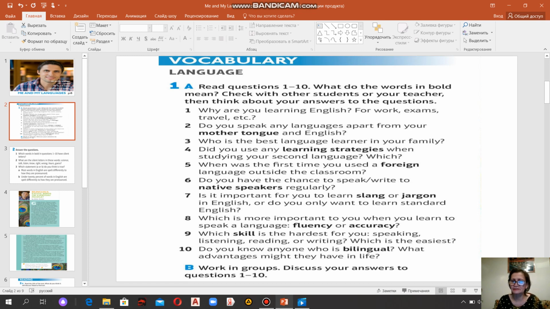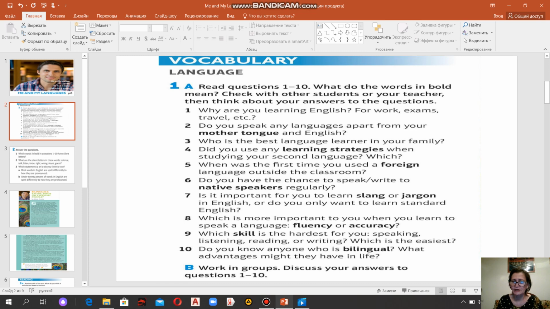Who is the best language learner in your family? Did you use any language strategies when studying your second language? Which? When was the first time you used a foreign language outside the classroom? Do you have the chance to speak right to native speakers regularly? Is it important for you to learn slang or jargon in English, or do you only want to learn standard